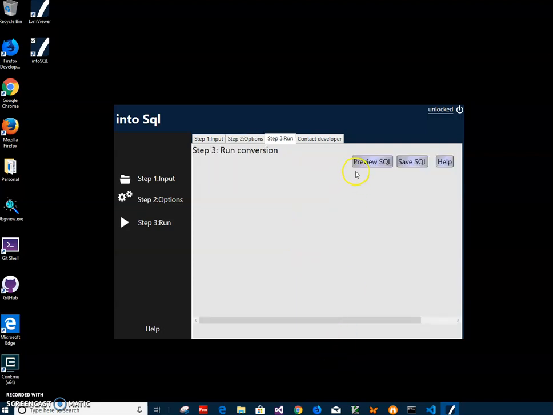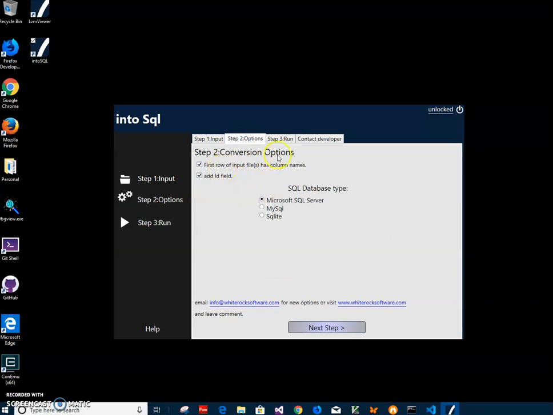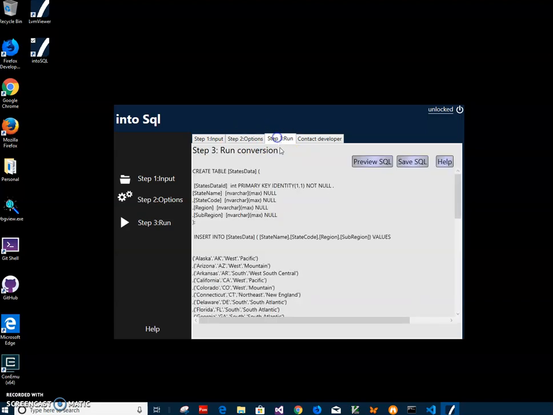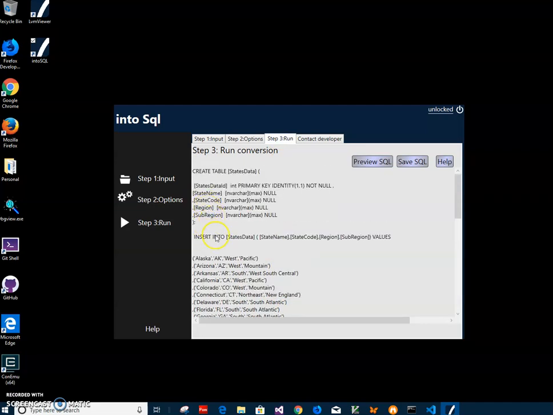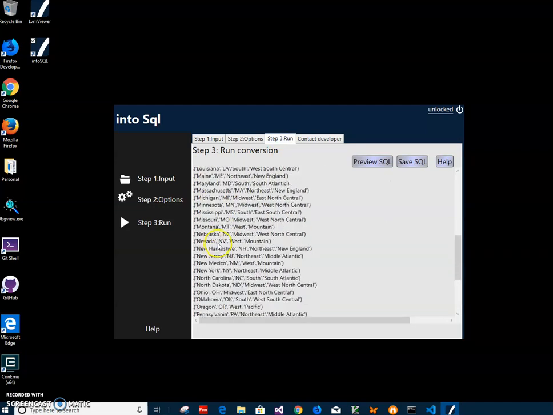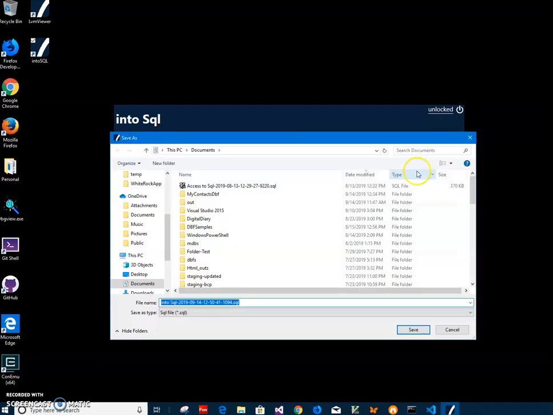I'll click on next step, and here I can preview SQL. If I click, you can see state data ID. This is the ID added because I had a check on option 2, right? I add ID field, and you can see there is also all data inserted here, like all insert statements and all data in here. So now I click to save SQL, and I can specify name of the file and